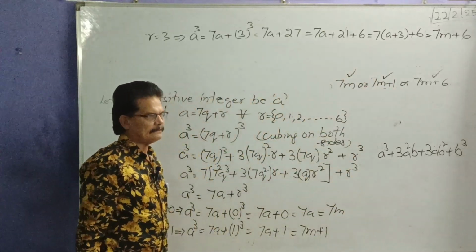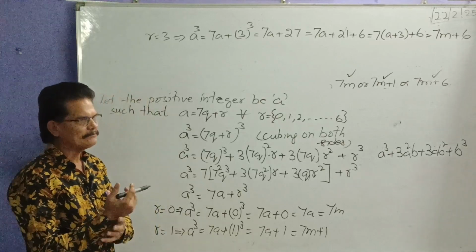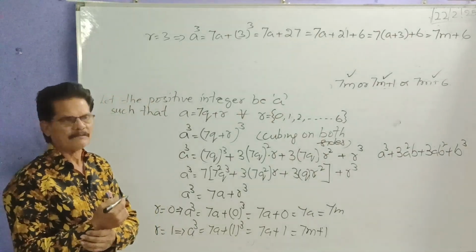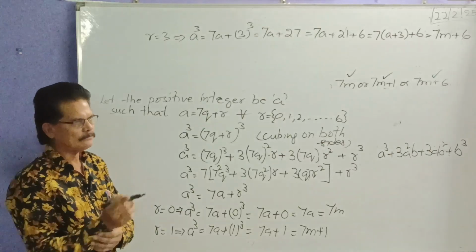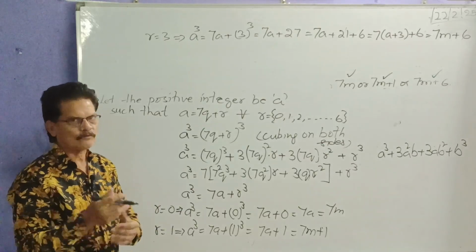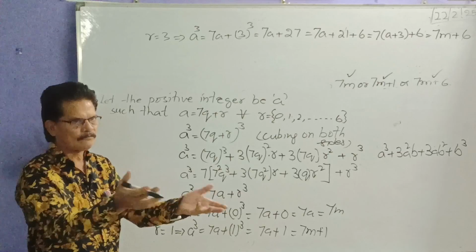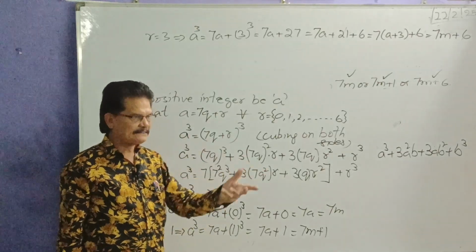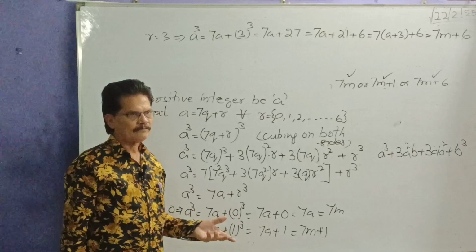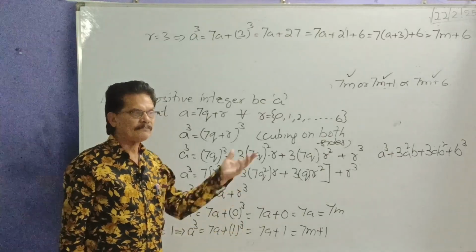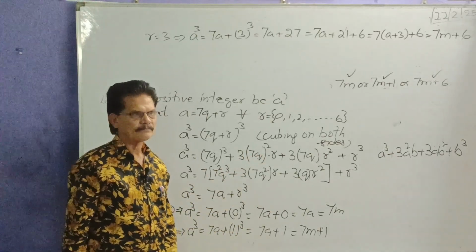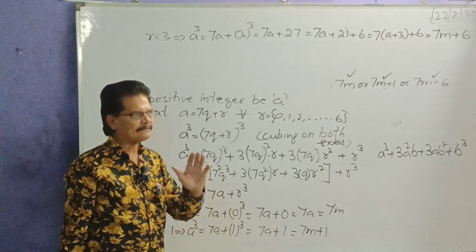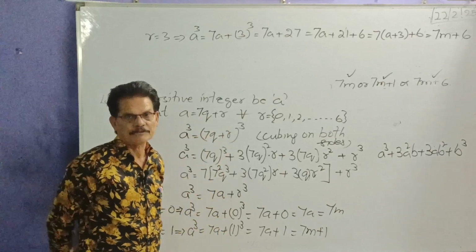Okay, next, what to take? 4 or 5. You will do 4, I will take 5. You do 4 and 6. I don't want to waste the time of the viewers. You have to practice. Practice makes perfect. So every time I am doing, I am practicing, that doesn't make sure that you are becoming perfect.